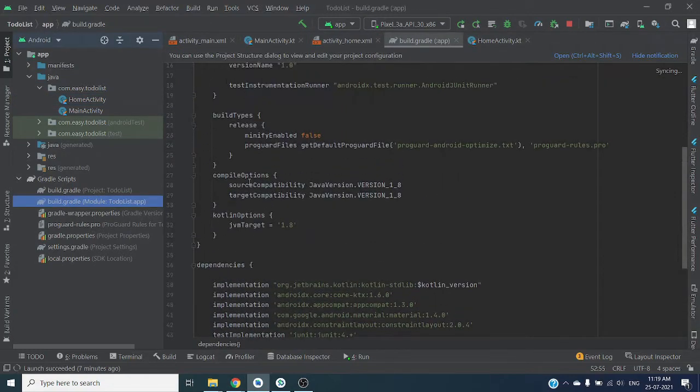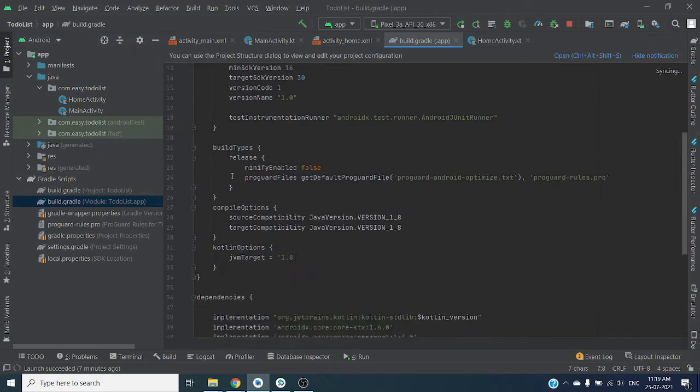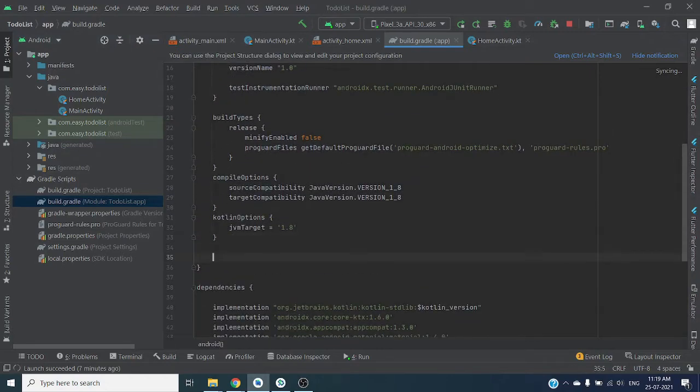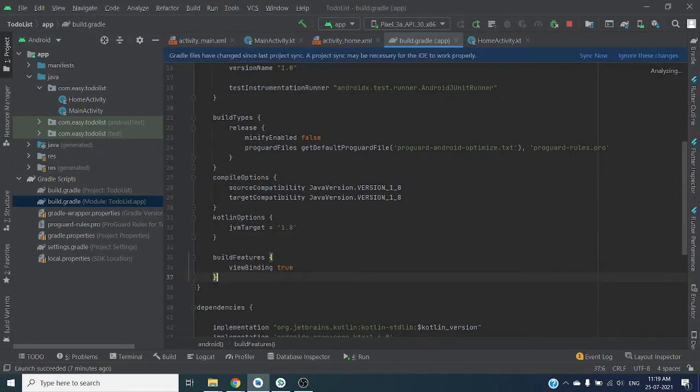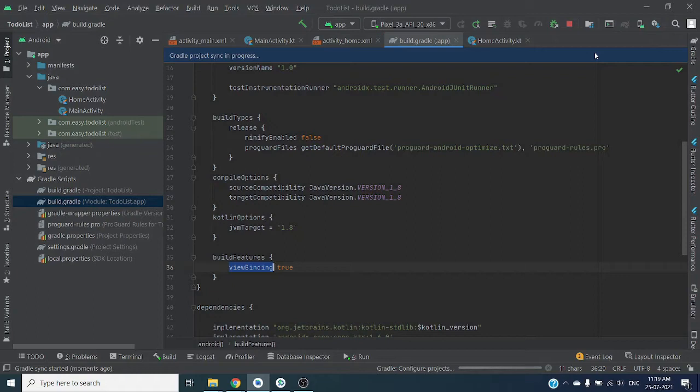So here in the Android module, copy and paste this code: buildFeatures, viewBinding true, and sync the project. Now after the project is successfully synced,